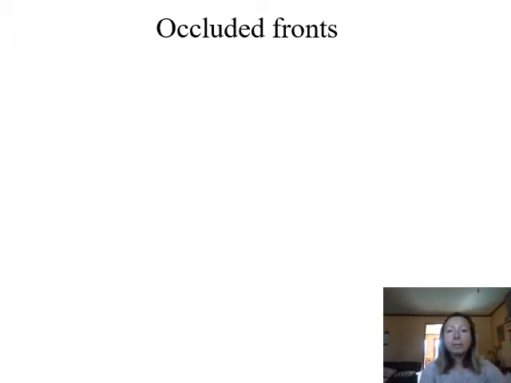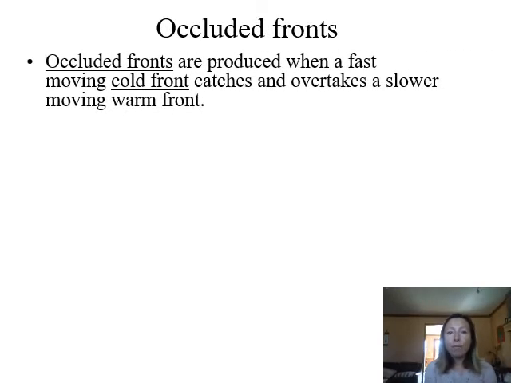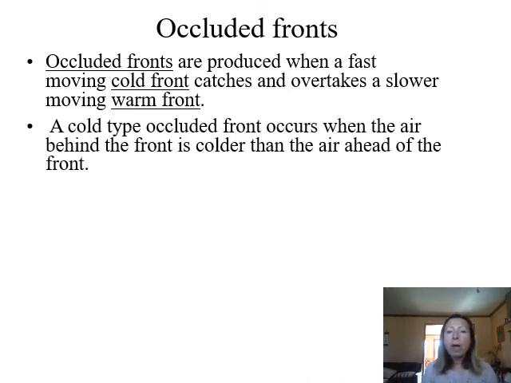Now, sometimes an occluded front can be formed, and this happens when a fast-moving cold front catches up and overtakes a slower moving warm front. This can actually happen quite often because cold fronts are typically faster than warm fronts. And so when this occlusion is happening,